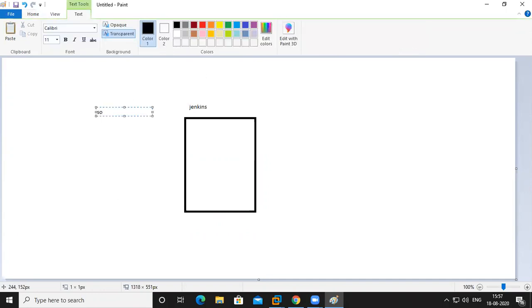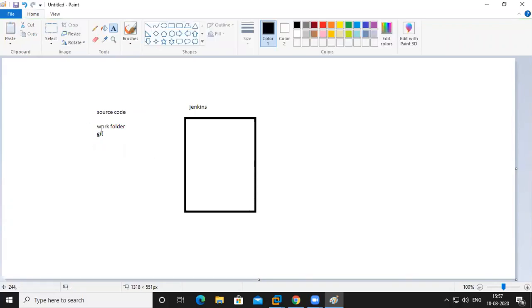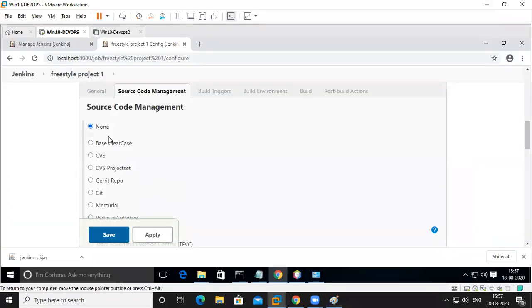The source code may be in your work folder, or maybe in a central repository, Git, or Subversion, anywhere. So first we have to give the source code, then we have to give what to do with it. So this is the source code part.